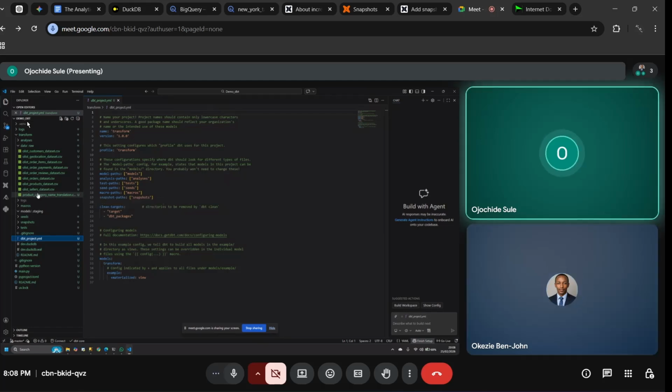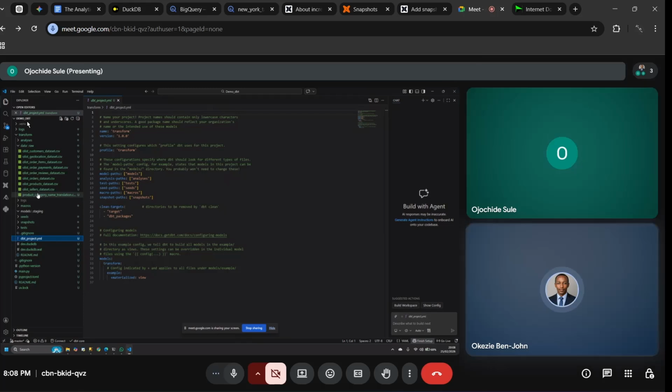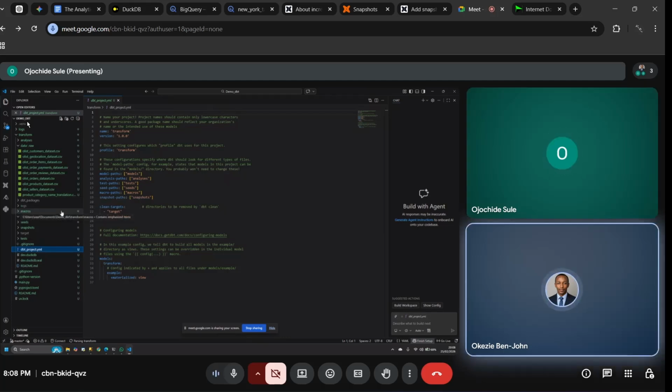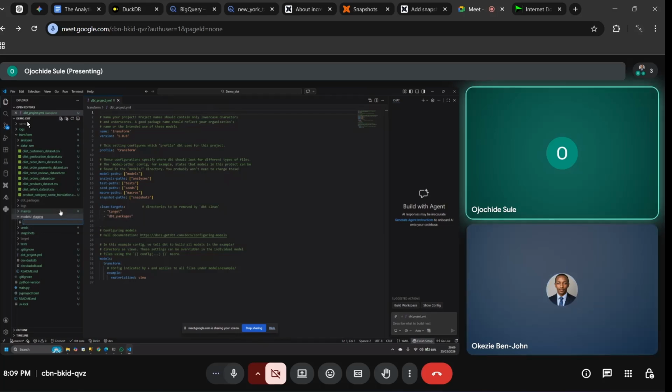In our staging layer. You said under model we have staging. We create a folder called staging, which I've created already. So we are in staging now. In that staging folder, create a file, not folder, file, and call it underscore sources